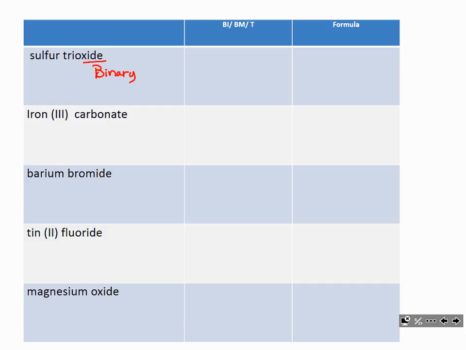So all compounds that end in the suffix IDE are binary. Compounds that end in the suffix ATE or ITE are ternary. So we know here that this is ternary. All ternary compounds contain a polyatomic ion, so it's automatically ionic. This is binary, and sulfur is a nonmetal. And because of that, that means that this is a binary covalent compound, or binary molecular, however you want to say that. We have another ide here,